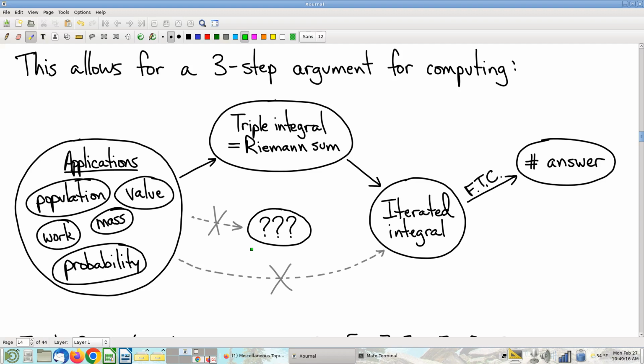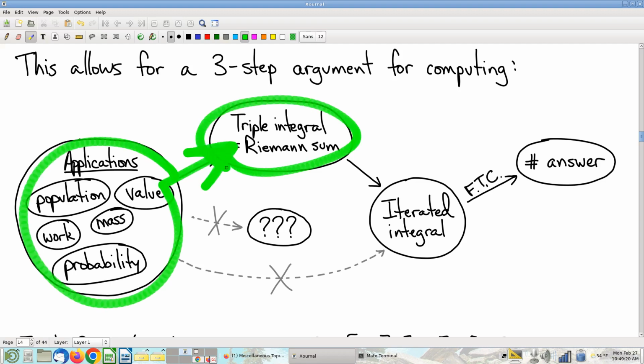And we can connect applications directly to Riemann sums. Mass is mass per unit volume times volume. Chop it up, add it up, right? So there are easy arguments that we can make in these situations. And knowing, as we do now, if you believe me, that triple integrals can be computed with